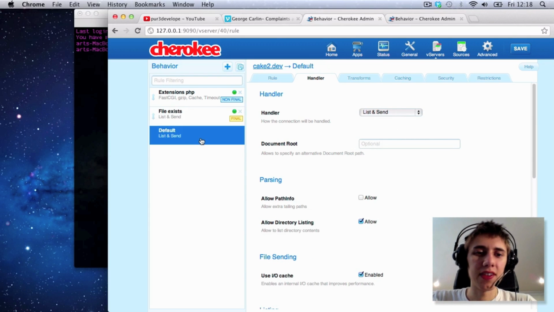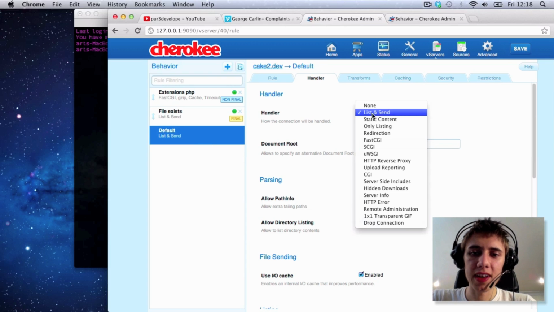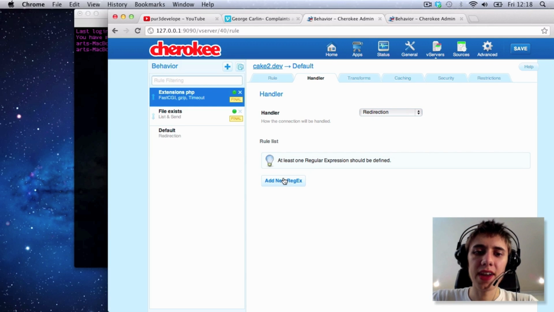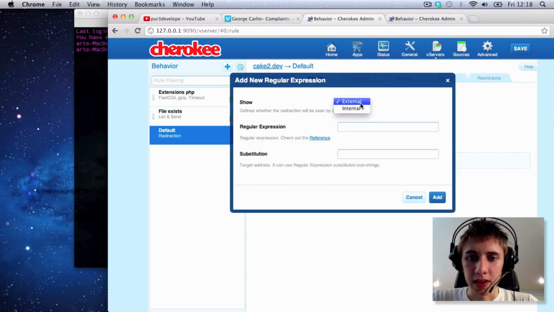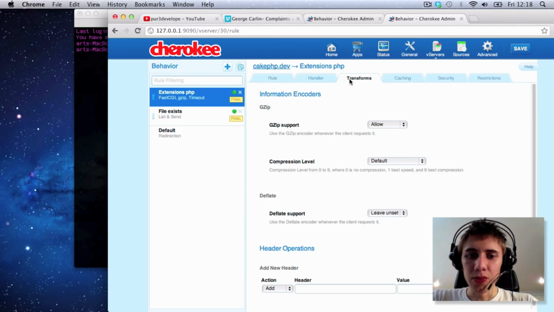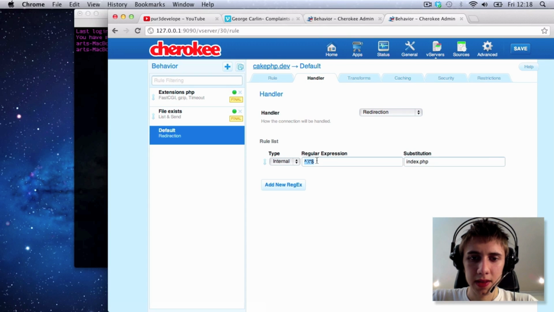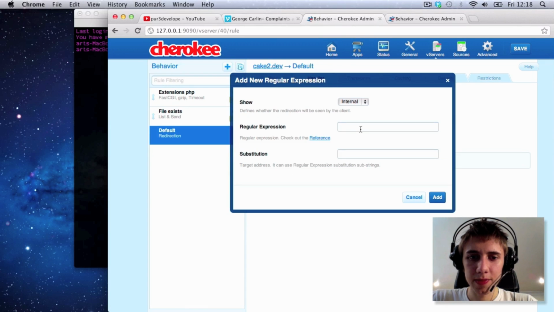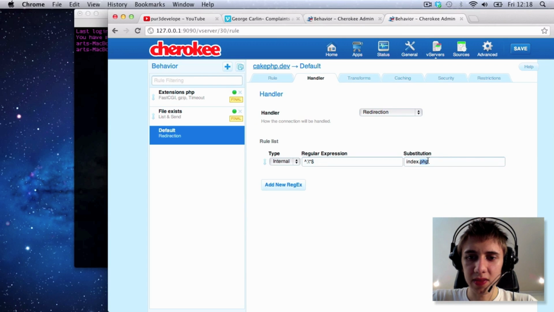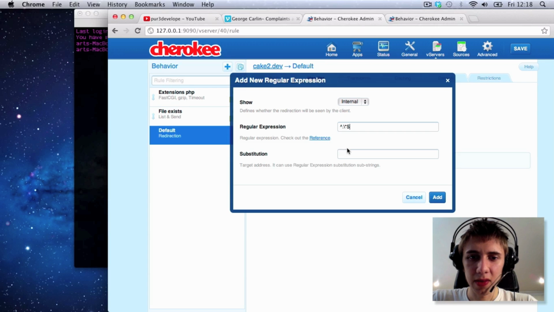So we actually go down to our default rule, and then we click from List and Send to Redirection, and then add a new regex rule. Click on Internal, and then the rule is, let me just get it from my other already set up settings. So the rule is index.php with that regex. Click Add,